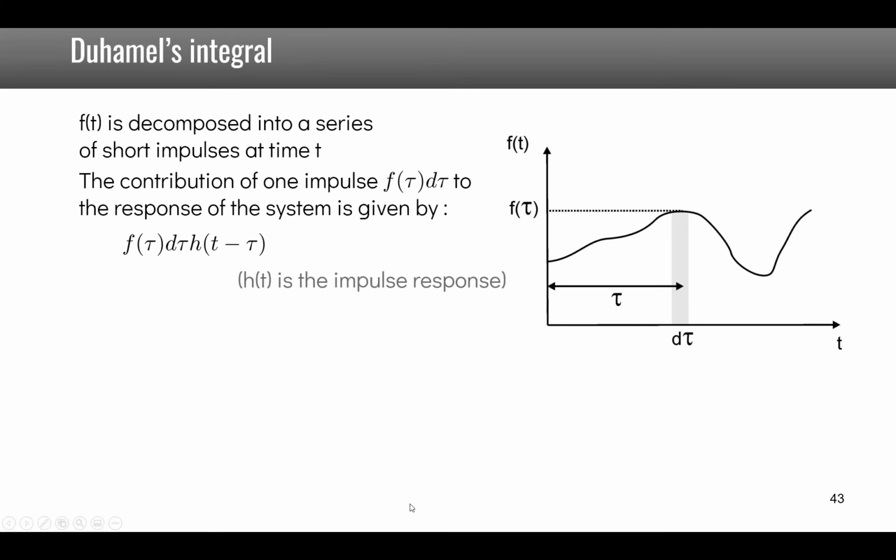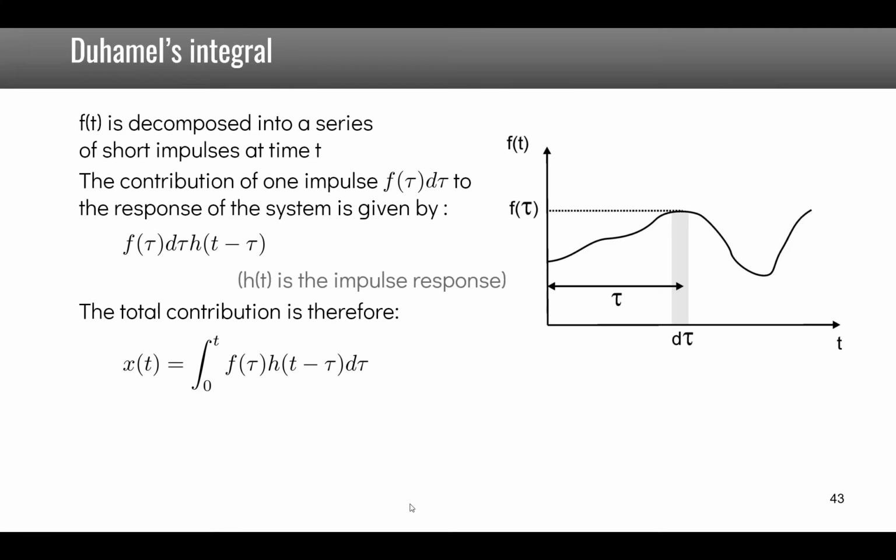Now, because the system is linear, the total contribution is given by the integral of the contribution of all these boxes. And so it is the integral from 0 to t of f of tau h of t minus tau